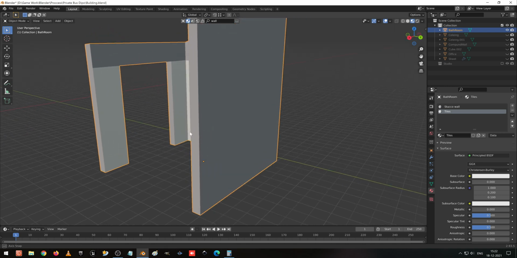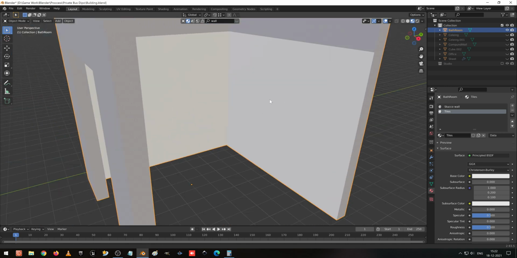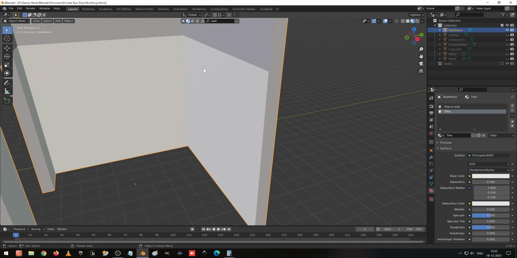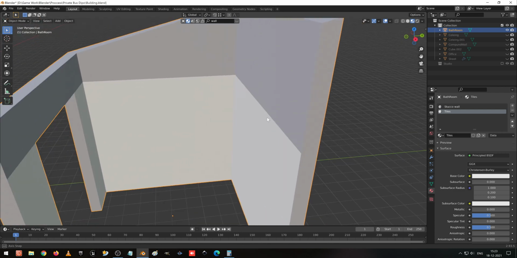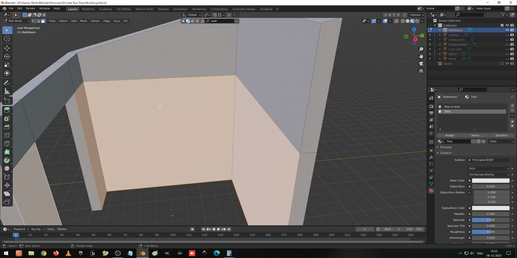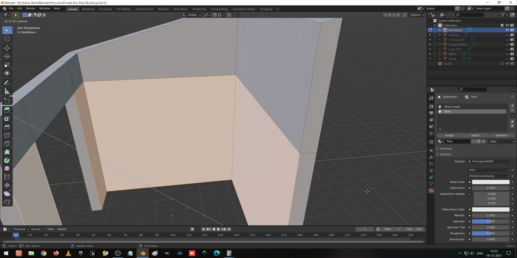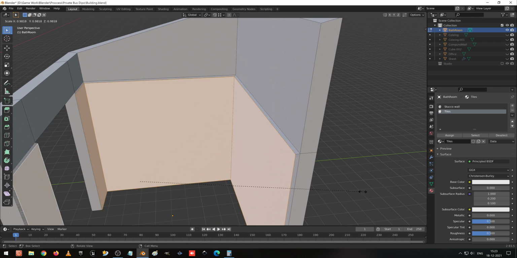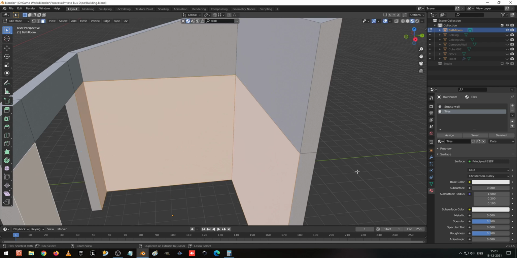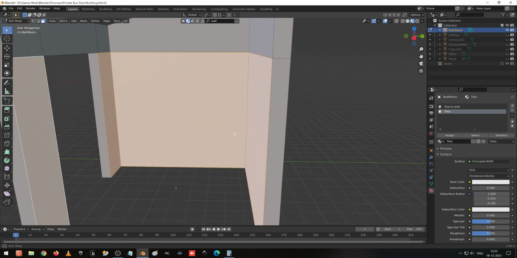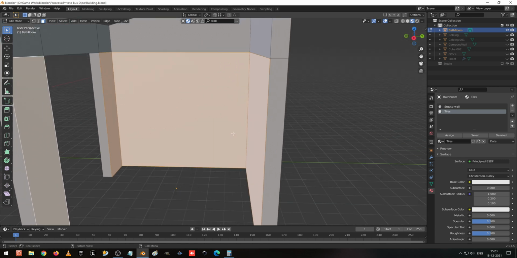So inside, I am going to apply tiles for this. Before that, I am going to extrude this at the front angle: extrude, scale. I just undo it. Okay, now because we want the tiles to come outside a little bit, right?